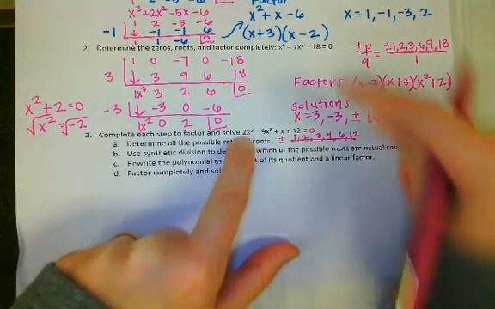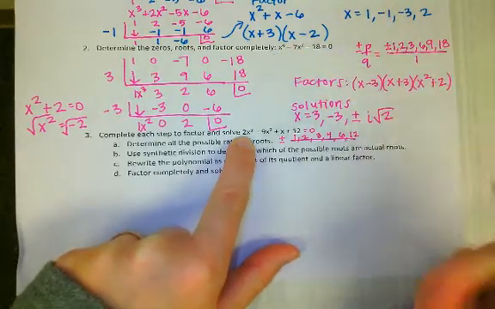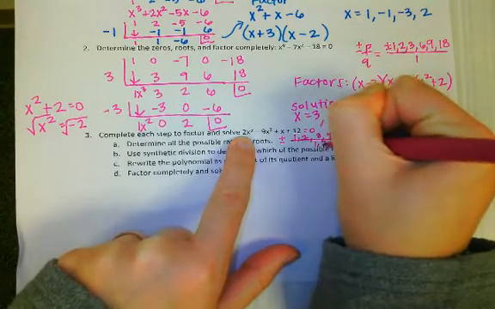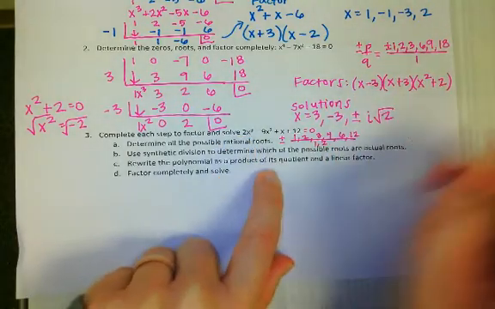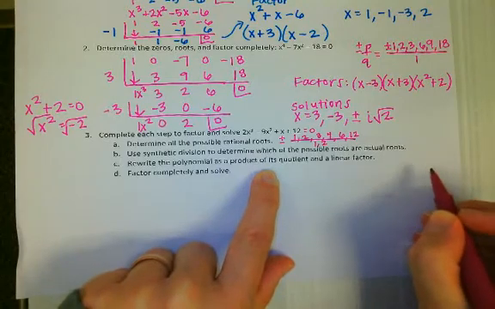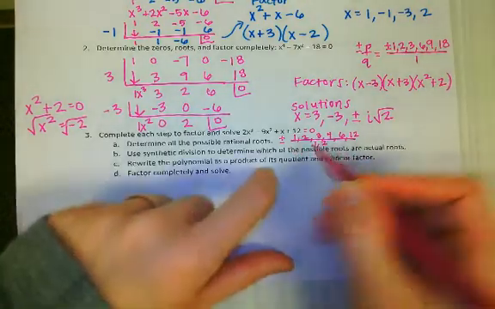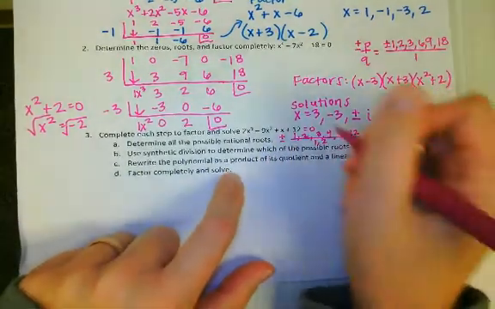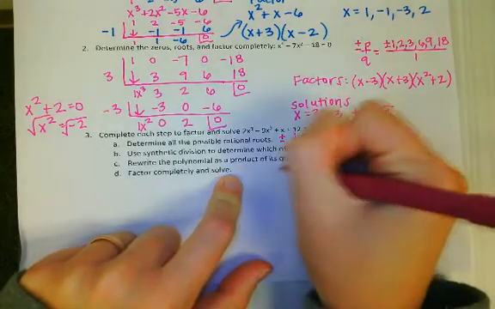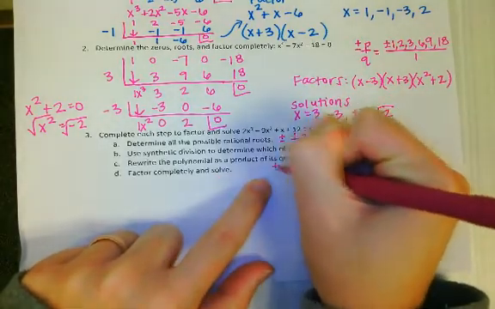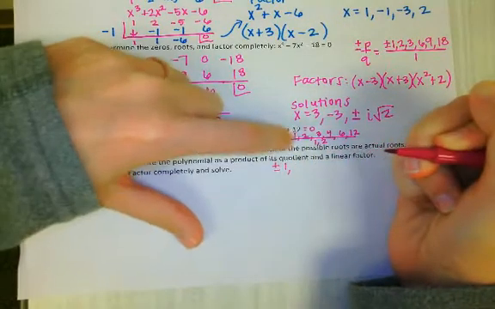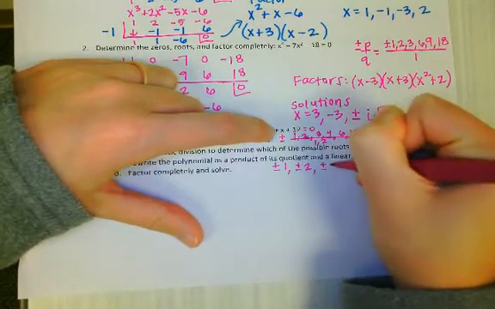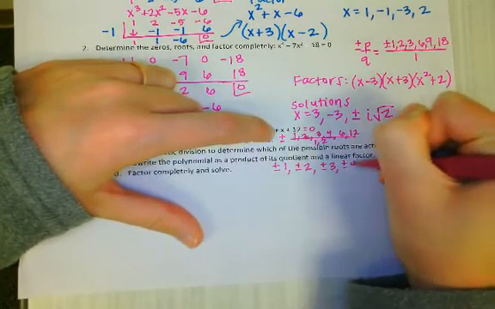And then this is the first time that our leading coefficient wasn't just a 1. So the factors of 2 are 1 and 2. So I'm going to list out all the possibilities over here because there are more than we've had before. Each of these numbers would get divided by 1, so I'm going to do that. Let's see here. So plus or minus 1, 2 divided by 1, positive and negative 2, positive and negative 3, positive and negative 4,